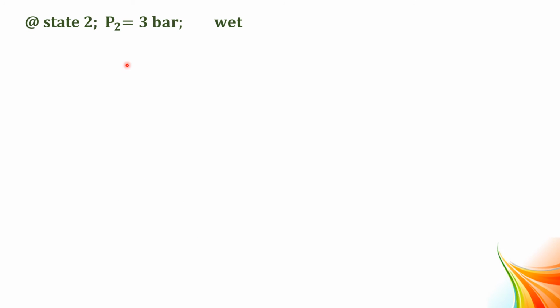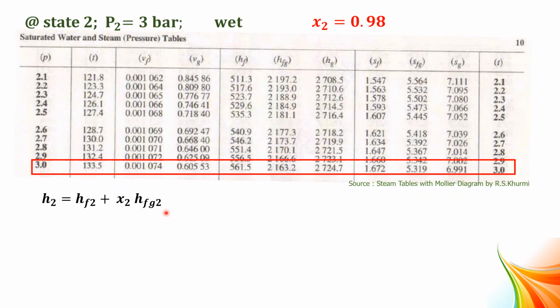Now we know at state 2 the pressure P2 equals 3 bar and the steam is in wet condition. The quality of steam X2 equals 0.98. Now we have to find out the specific enthalpy of steam at the exit of the nozzle, H2 = HF2 + X2 into HFG2. X2 value we already know, which is 0.98. HF2 and HFG2 values we can get from the steam table corresponding to a pressure of 3 bar. So from 3 bar pressure, we note down the values of HF equal to 561.5 kilojoule per kilogram